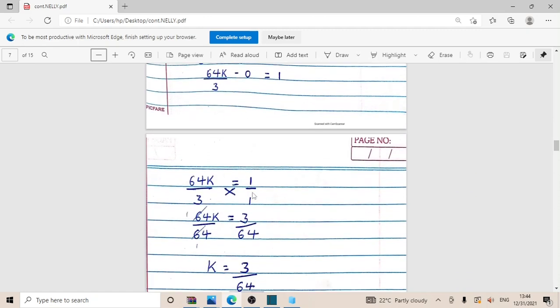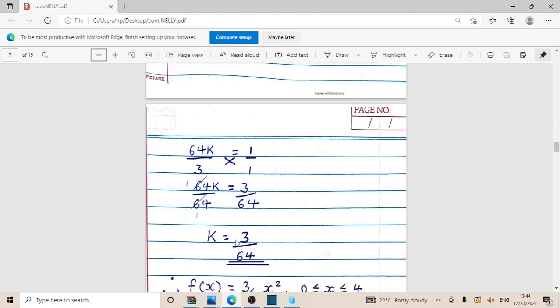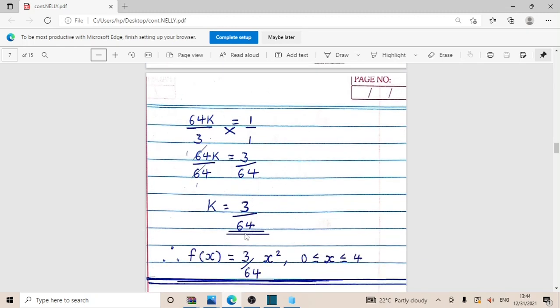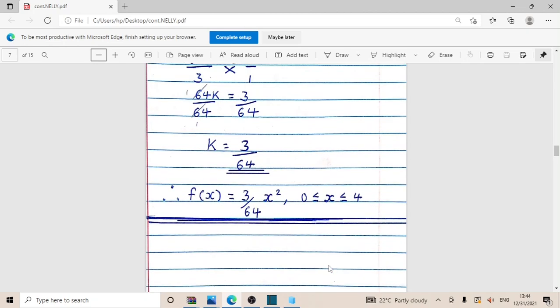After doing that, I will just cross multiply, whereby my k would now be equal to 3 out of 64. So now I can conclude and say the function f of x is going to be equal to 3 out of 64 x squared, for limits 0 to 4. So that is it. After finding my k,